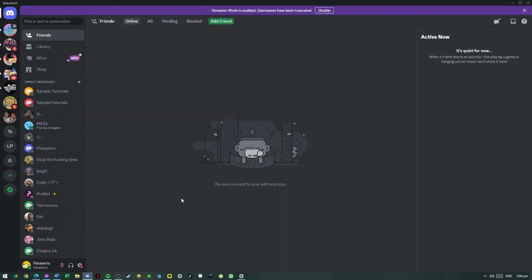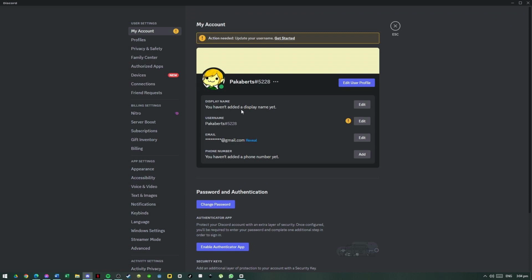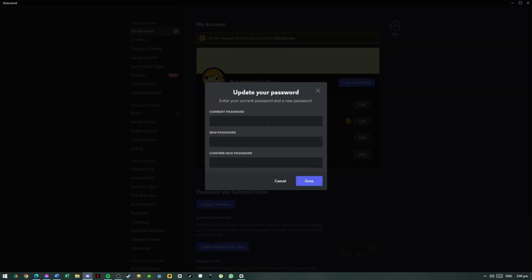We have our Discord app open in here. So what we are going to do is go to the settings. And we can see here in the profile settings is the change password option. Then what we are going to do is change the password of our account. Once you have changed the password, Discord will automatically log out your account on all devices it is currently logged on. So in case you didn't have access to other devices, this is the way to log out your